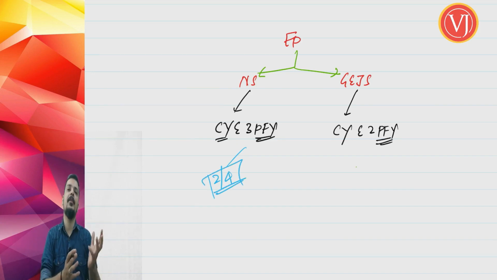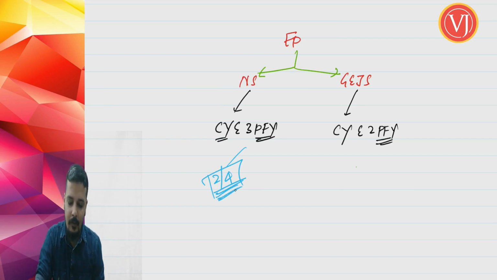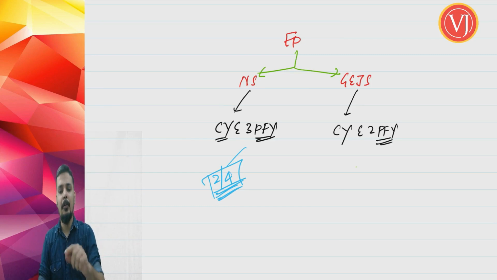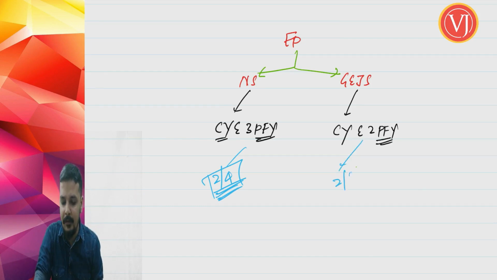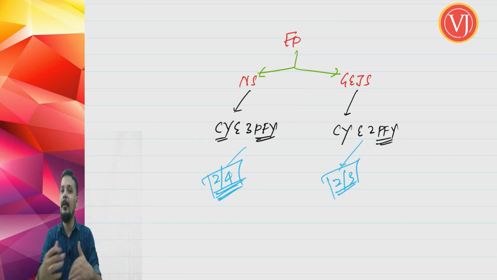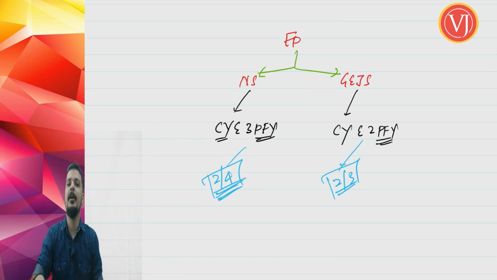Current year and 3 preceding financial years is totally 4. So out of 4 years, you have to prove your export performance in 2, and in gems and jewelry sector, you have to prove your export performance in 2 out of 3 years. They are giving the benefit of even the current year. So you can apply for export star category or status recognition even in between of a financial year. So that advantage they do give.